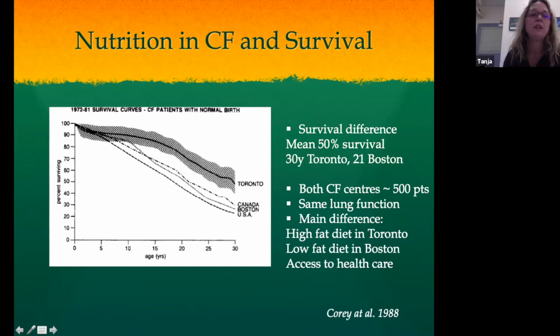What you see here, and you see also my mouse, are survival graphs. Here's the age of a patient as it goes older, the percent of patients at that age surviving. The higher this curve is, the better, the higher the chance you have to live longer. Toronto by far had the best survival, even compared to the rest of Canada, so it's not a Canadian thing, it was a Toronto thing, versus Boston or the US. When they compared, both centers had a really high volume of patients, 500. The cohorts had the same lung function. But the main difference they identified was